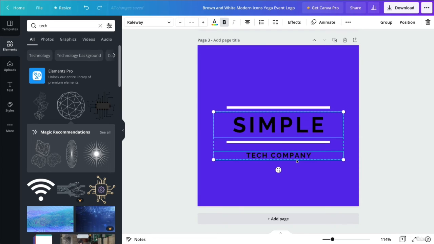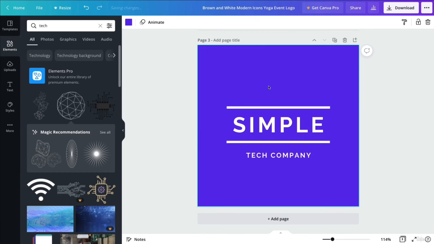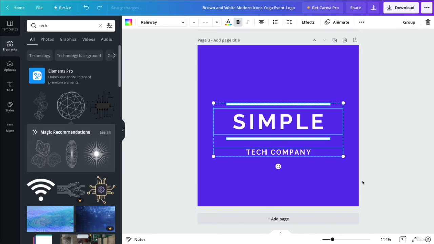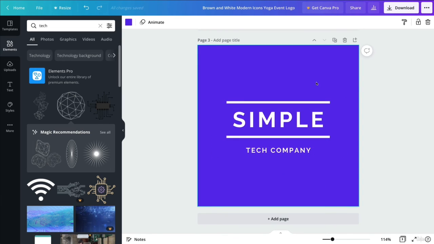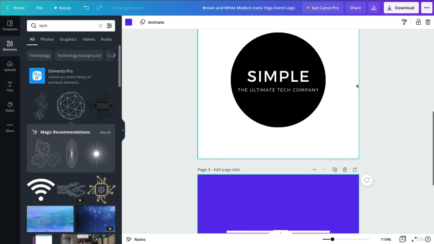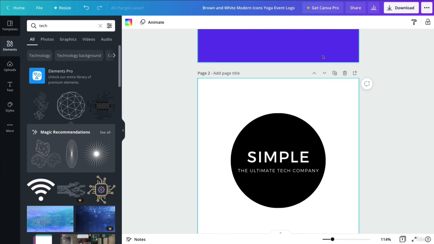I'm going to select both of these typography using the shift key. I'm going to make it completely white, and this is I would say pretty much it when it comes to this logo. Now as you can see, we created a few variations of this logo in pretty much no time.